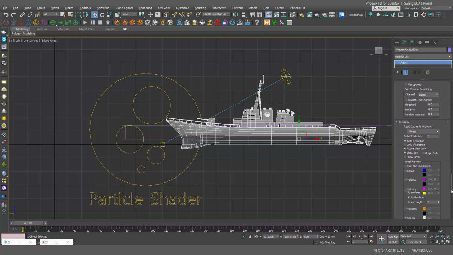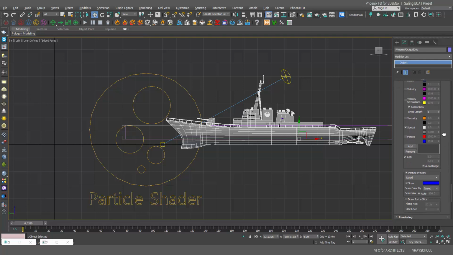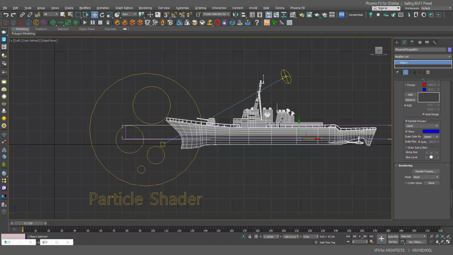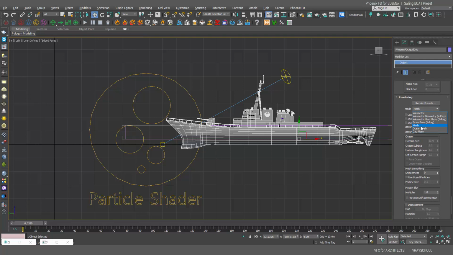All right, now in the preview I'm going to have all of those also by default, and just for detail I'm gonna add a little bit more. Now regarding our simulation here, auto range, I'm gonna have speed, auto, so all of that stuff basically stays by default. Now in the rendering we need to use ocean mesh,